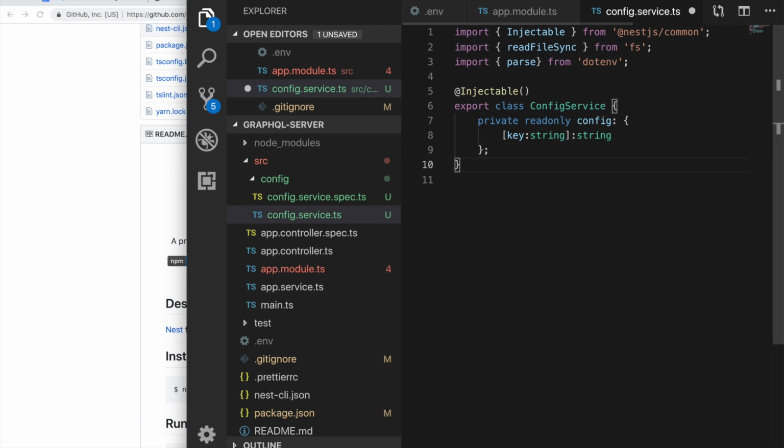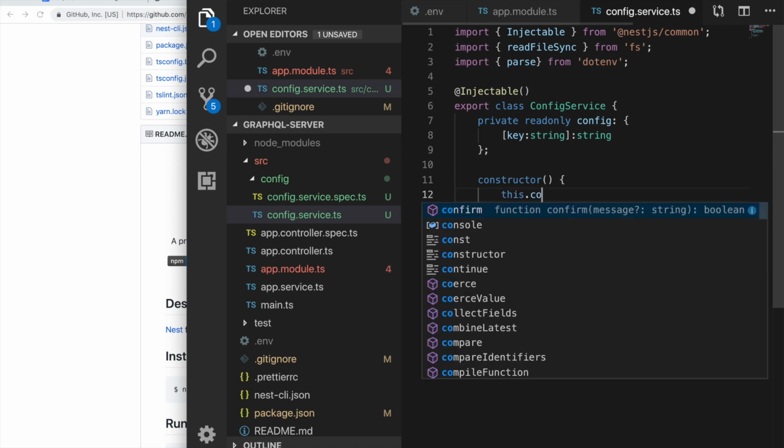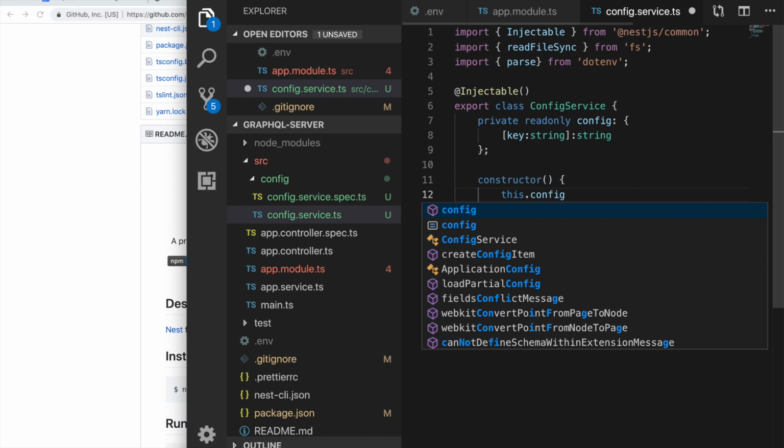Okay, so now we're going to have a constructor in our class. Because we have a private read-only, which means it's like final, we can only assign a value to config in our constructor. So what we're going to do is this dot config equals